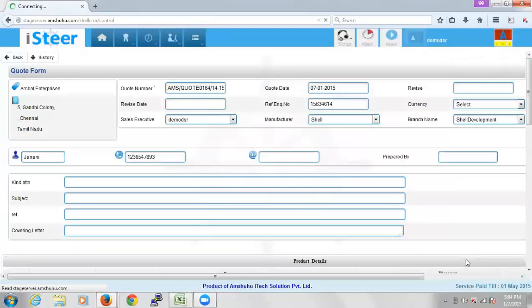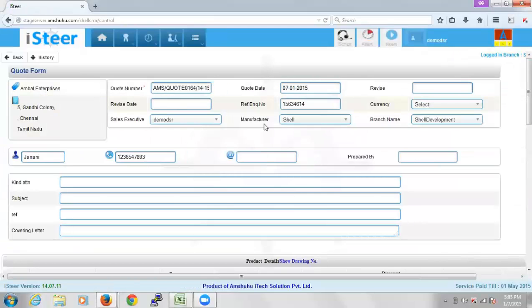So to create the quote, I click on create quote now. This is the quote form that is being published. You have the quote number here, the quote date. If in case this is a revised quote, then the revised number would be pre-filled here, then the revision date if applicable. Similarly, if this was based on the inquiry, the inquiry reference number would be here.